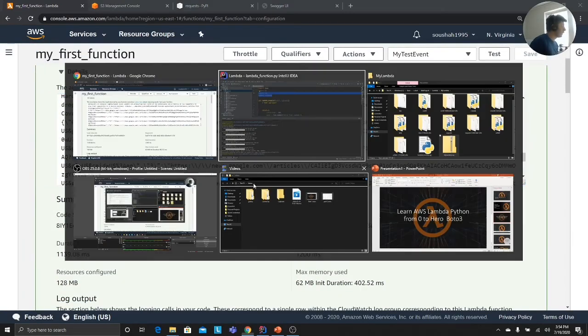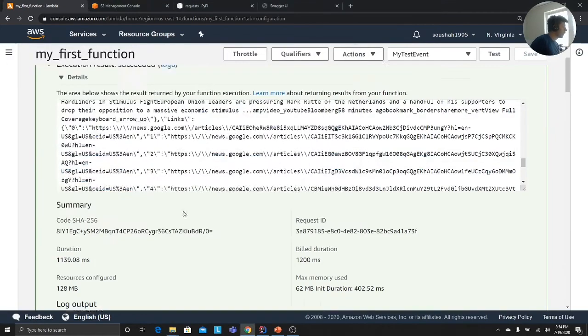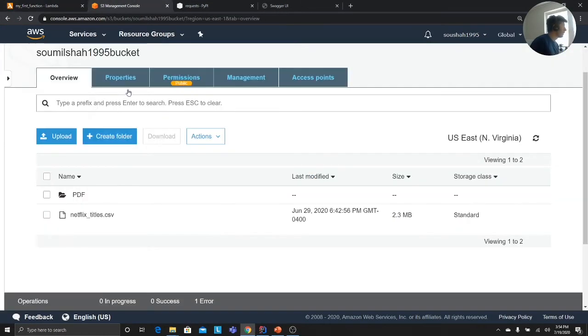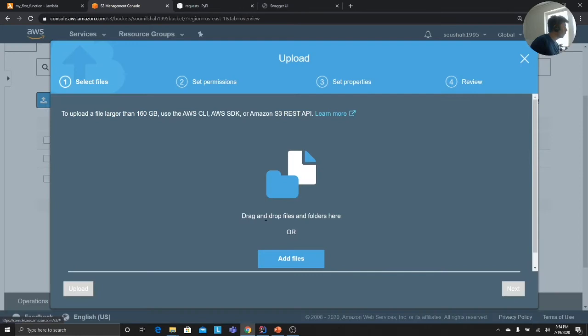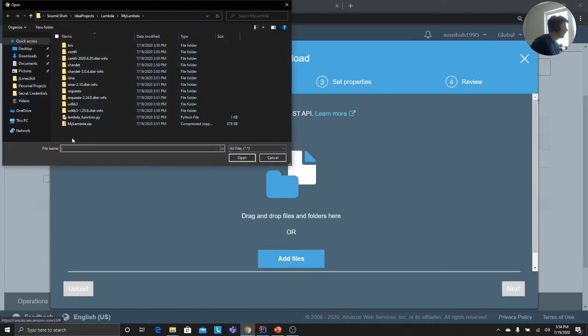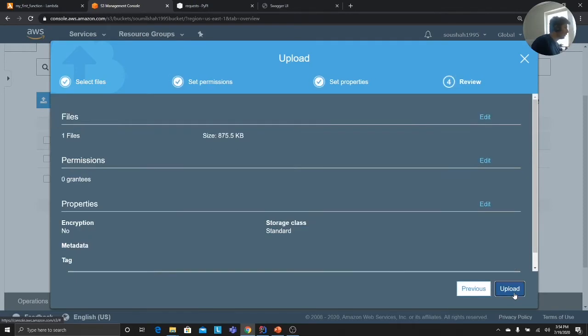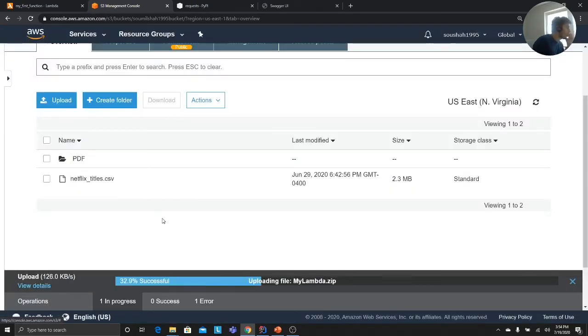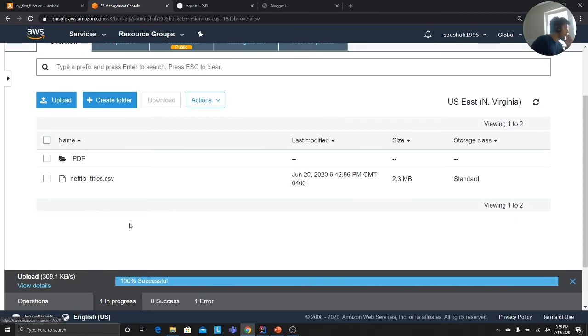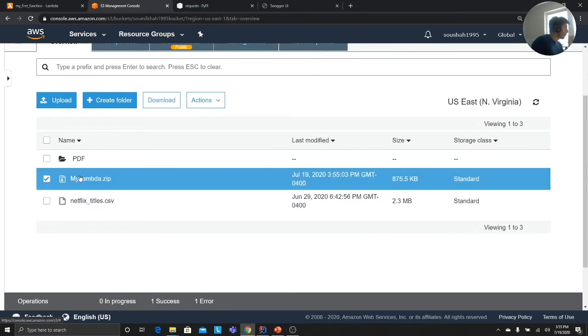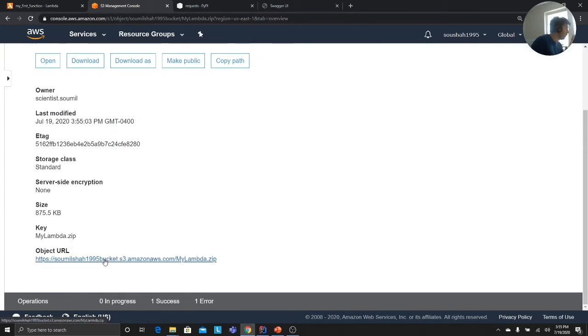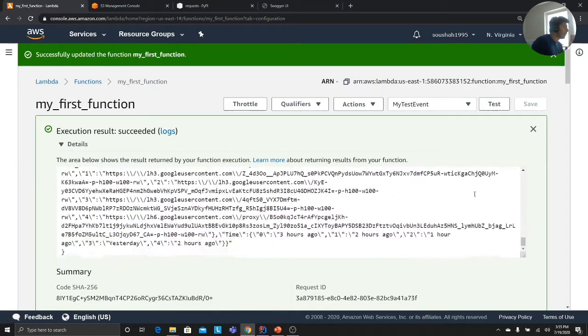Now another thing that I wanted to show you here, so instead of using this way, I could also upload it on S3. So come to S3, upload, add file. The same function I can also import from S3. So I'm going to import that, and then I'm going to talk about layers a bit. So I'm uploading the function on S3. Now for functions usually greater than 10 megabytes, what you want to do is copy the S3 link and go to your Lambda function.